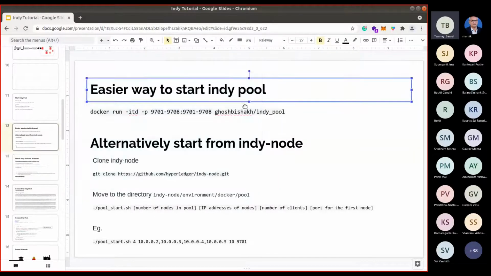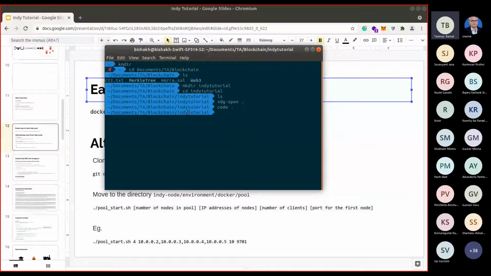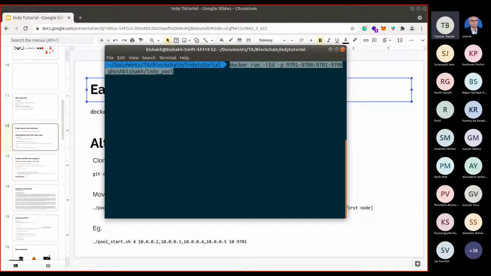So, just opening a terminal. Okay, so docker run, and then I am specifying the range of ports where I want the nodes to be exposed. The Indy nodes are running on these ports. Each Indy node takes 2 ports, so 9701 and 9702 will be taken up by node 1, and similarly there are 3 other nodes taking up this port range.